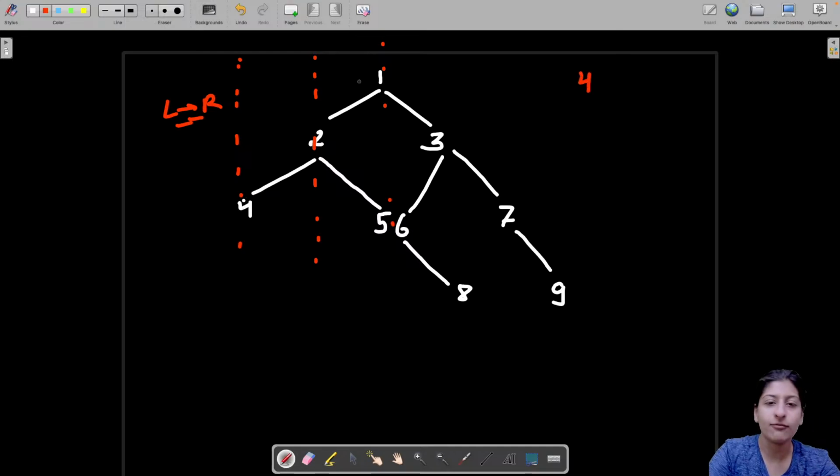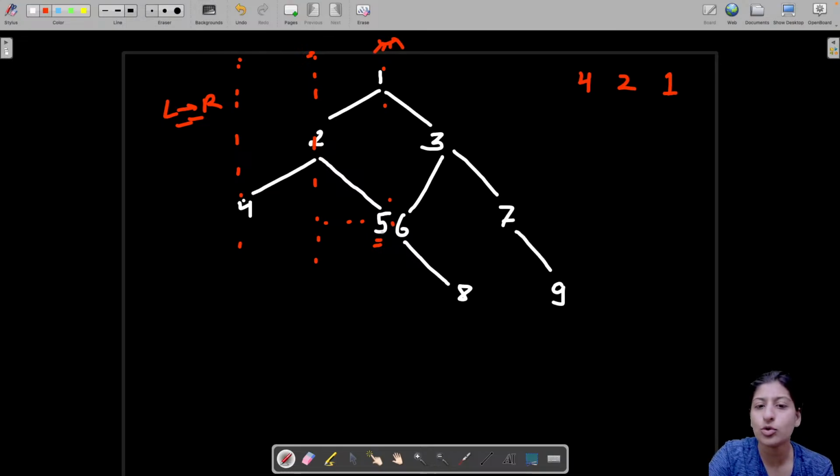So we will simply print 4. If I talk about this vertical, this has only node 2, so I'll print 2. Talking about this vertical, on this vertical I will get how many nodes? First I will have 1. If you observe from the topmost, you have to observe it from top view. In that, if there are more than one node that are falling on the same level, then the one which comes before, that is from the left side, the node that comes before is the one that you have to print first. So looking from the top view, you will have on this vertical, you will have 1 first,